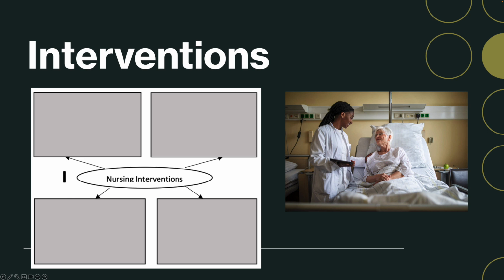I'm maybe going to make sure that they get up and walk to the bathroom every time they need to go. Or one other thing was I'm going to get them out of bed for meals so that they're sitting up, or put their head of bed up at a 45-degree angle just to make sure that they're able to breathe better. I'm going to look at my orders. I'm going to ensure that their regular breathing treatments are implemented, because as the bedside nurse, it is my job to make sure that orders are done in a timely manner. So those are some interventions that I can add to my care plan.